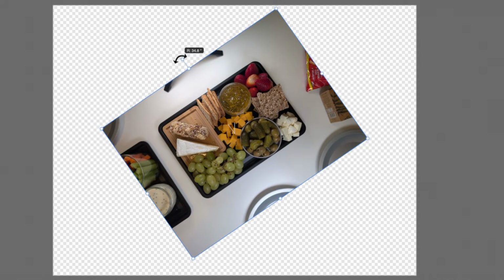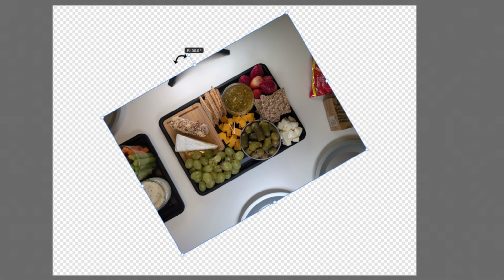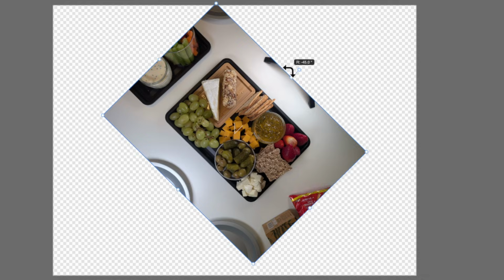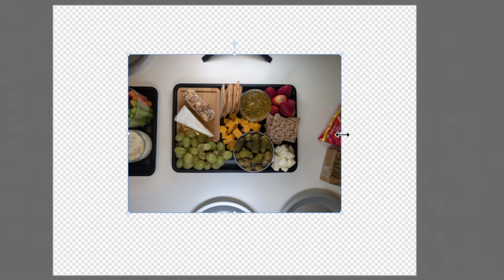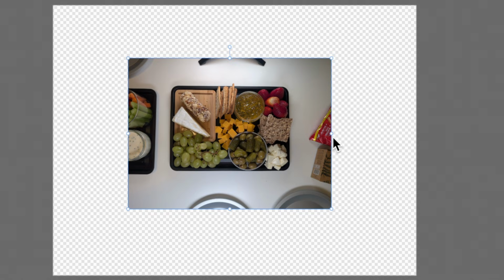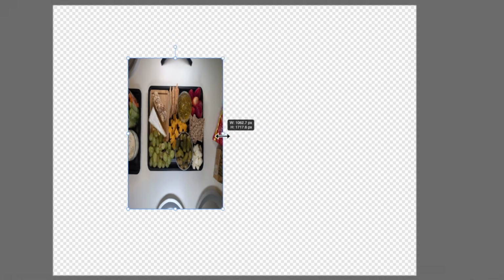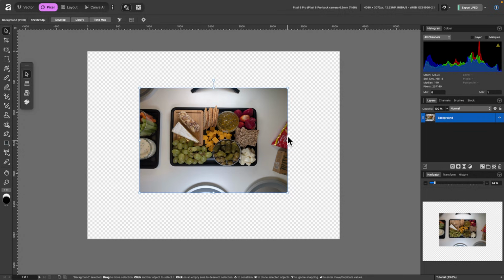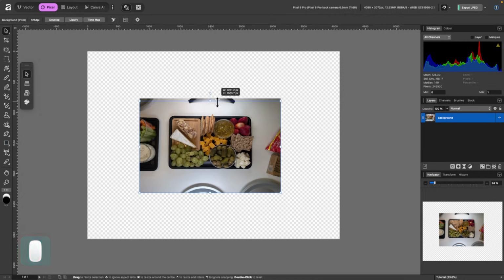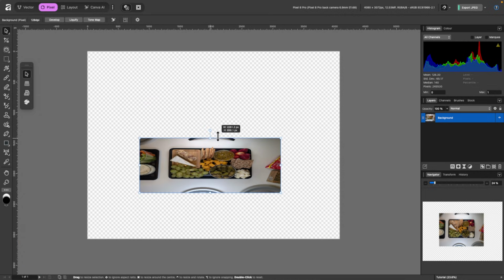And if I hold down Shift on the keyboard, you can see I can rotate in 15-degree increments, just like that. And if I just grab the side here and click and drag inwards, you see it scales from that side. But if I include the Shift key, so I hold down Shift, click and drag, see I can kind of squash it in. And I'll just press Command Z to get it back to proportions. And I do the same with the top. You see what happens. Holding down Shift and just clicking and dragging down.